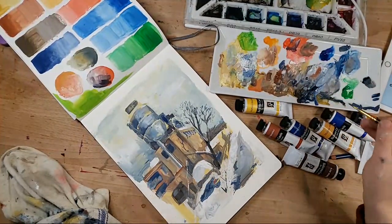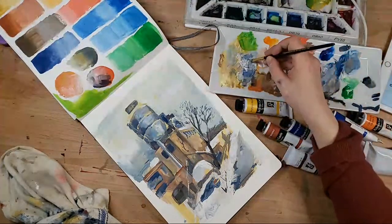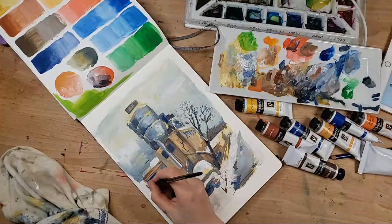So these windows, this is like one of those old industrial buildings that has like a bunch of different panels on the windows where it's like little...